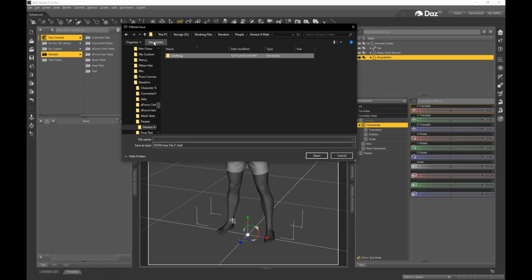Clothing. Now if you're going to do other clothing in the future, what I recommend is actually creating this folder structure on your computer someplace, storing it there, and then whenever you need to save content into that folder structure, just go ahead and copy those folders into your project, and then that way you don't have to try to remember exactly what the structure would be. You would just have it created there. So People, Genesis 8 Male, Clothing, and then I'm going to say